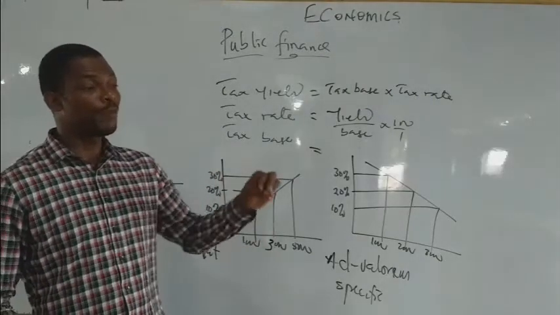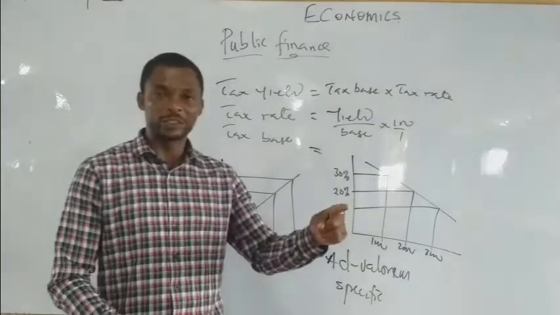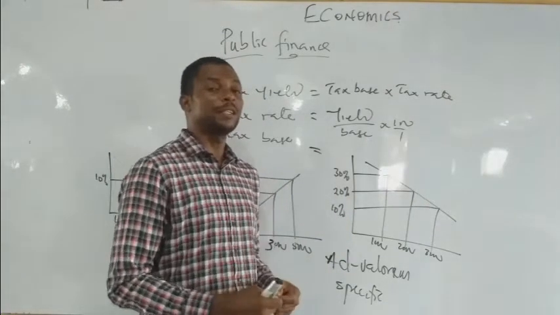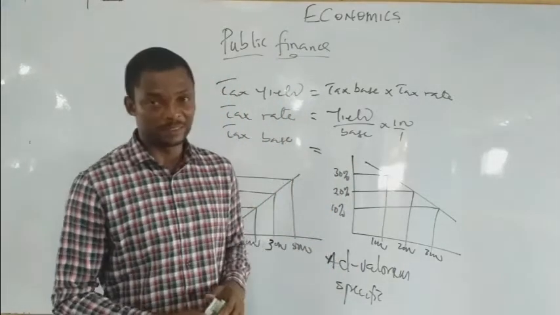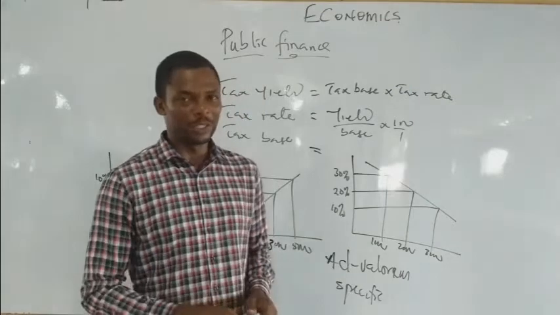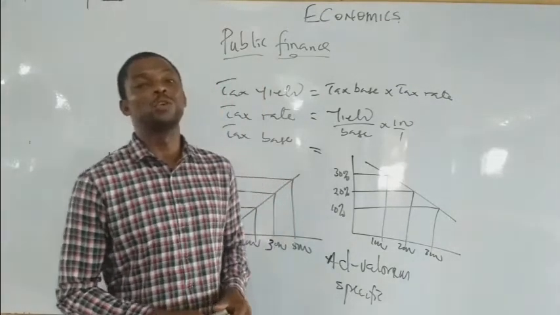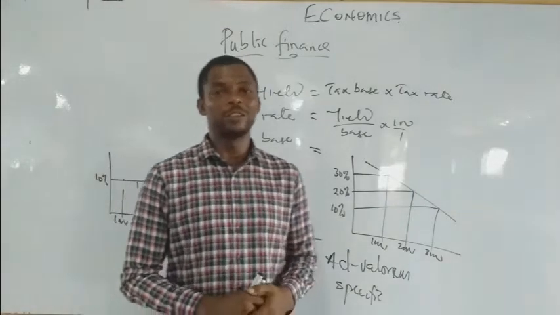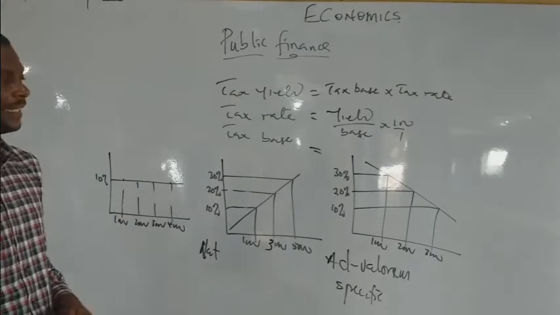But for you to understand better, just remember when you're talking about demand, inelastic demand means I don't have a choice. So if government decides to impose a tax on a commodity in which you do not have a choice, it means that because of the necessity of such a commodity, you have to buy it. Who will bear the burden of such incidence of tax? Is it the consumer or the producer? You guessed right. Of course, it is the consumer that will bear the burden. Why? Because the consumer has no choice than to purchase the commodity. So in that case, I've made it easy for you to understand.